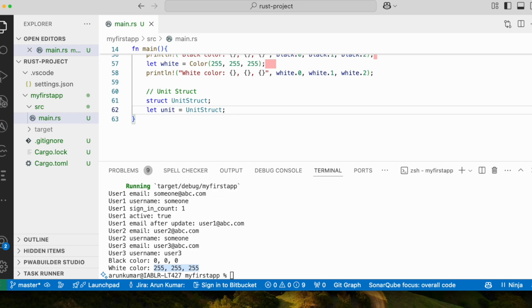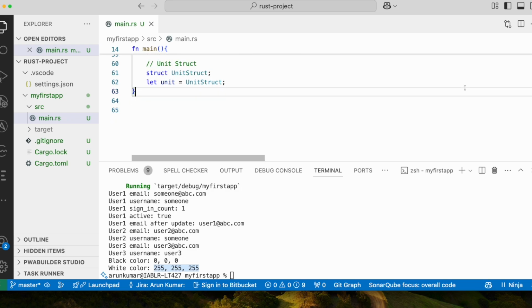So the key concepts in structs are, structs follow Rust ownership and borrowing rules. Structs are immutable by default, but fields can be made mutable. So when should you use struct? Number one, grouping related data like a user profile or configuration settings. Number two, modeling real world entities. Number three, encapsulating data with associated behavior. Okay, that is all about